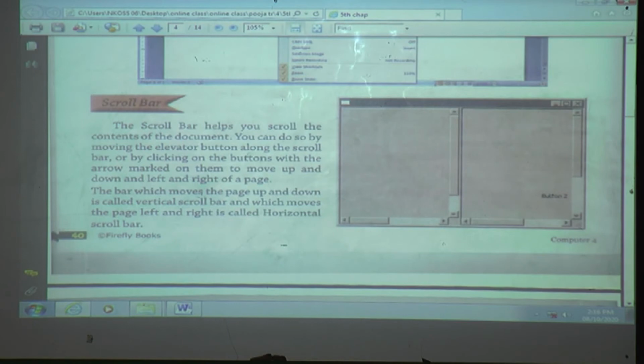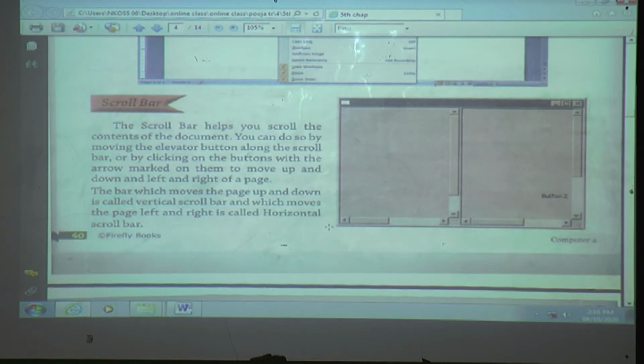The bar which moves the page up and down is called vertical scroll bar. Everyone see here. And the bar which moves the page left and right is called horizontal scroll bar.